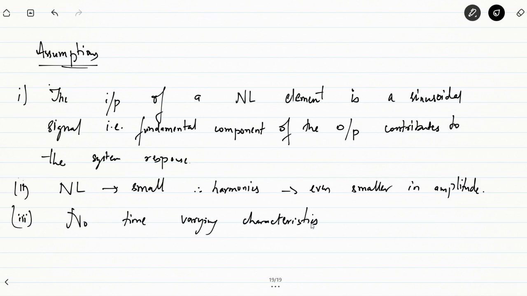We will assume that a nonlinear system is not varying with respect to time. The parameters of the system are not varying with respect to time. It's a time invariant system. So these are three assumptions that we'll be making. One, the input of the nonlinear system will actually be a sinusoidal function. Fine. So we'll be deriving the describing function of various nonlinearities